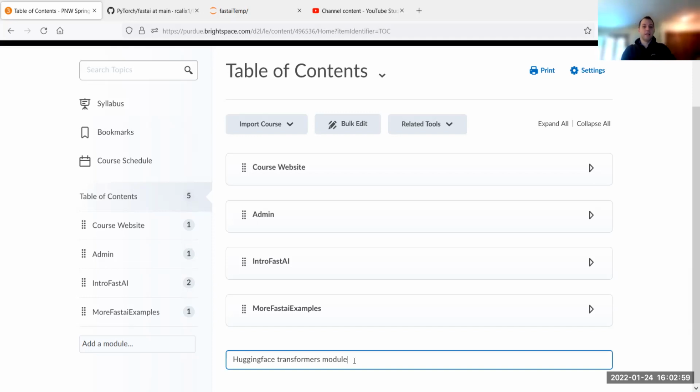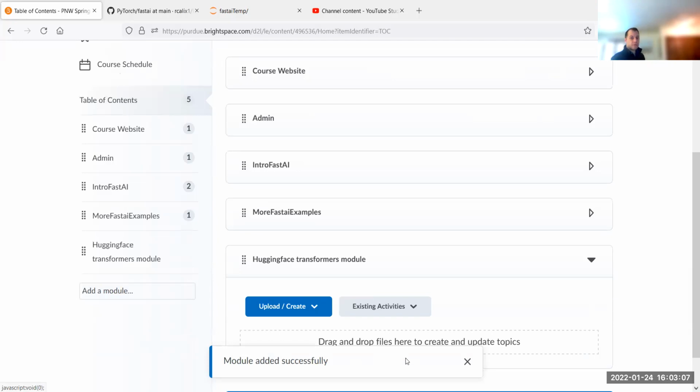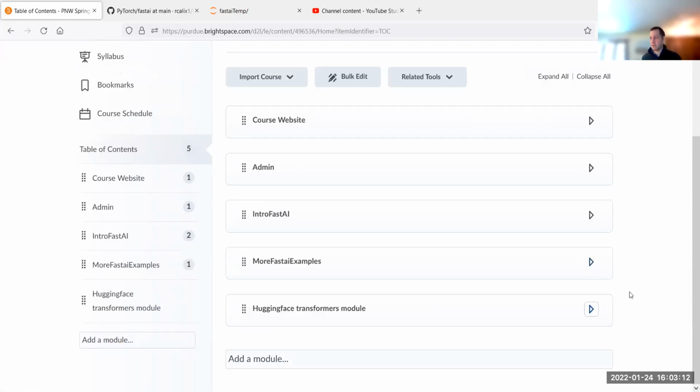.co. Yeah. So Huggingface's transformers module. Okay. So what is that? First of all, what is Huggingface? Have any of you heard of something called Huggingface? What is it? Anyone know? Can you guys hear me? I've got no idea.